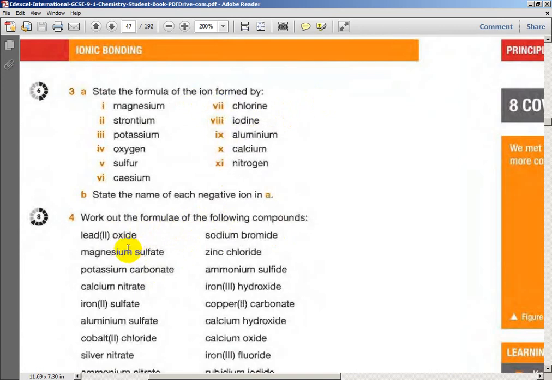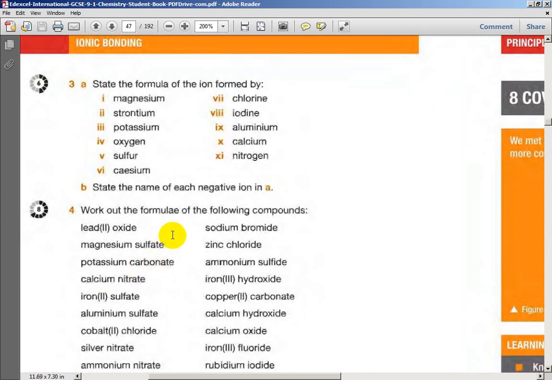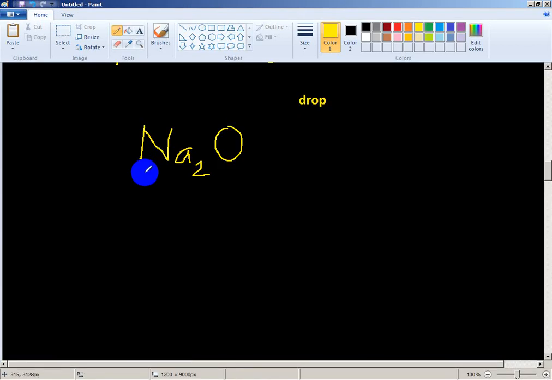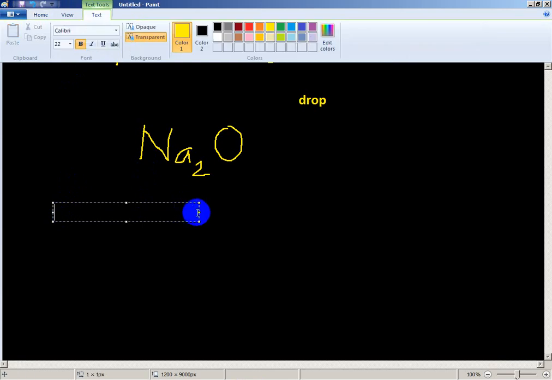Lead 2 oxide. Here, lead 2 oxide. I am writing iron 2 sulfate. Iron 2 sulfate formula writing. Iron 2 sulfate. Okay. I am writing the formula of iron 2 sulfate. So iron 2 sulfate is